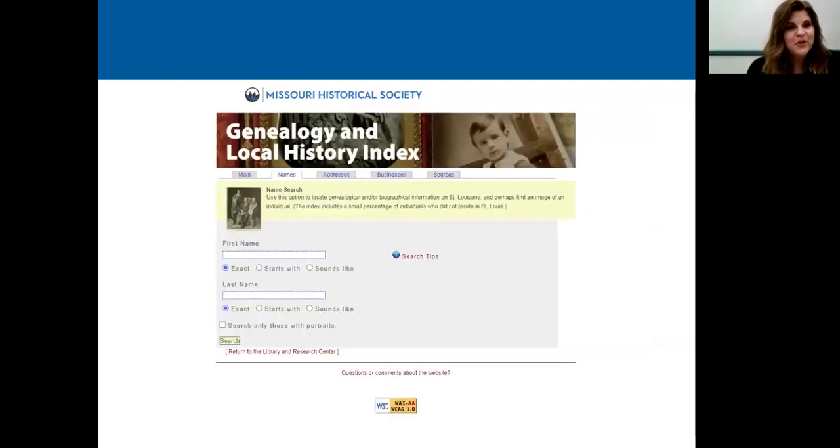Okay, a little bit closer to home here. The Missouri Historical Society, most of you have probably been to the Missouri History Museum, but the Missouri Historical Society also has a library on Skinker Boulevard, and they have a large collection of books as well, and they've done their own genealogy and local history index, where they have taken a lot of their books, indexed those, and you can search that index online. So if you have those St. Louis ancestors that have been here for a while, I would definitely put their names in here and see what's